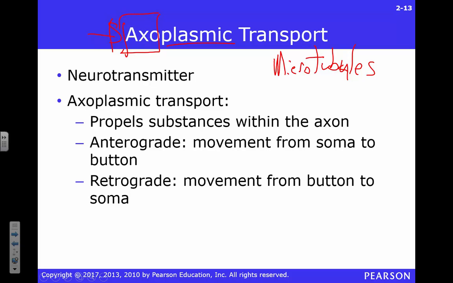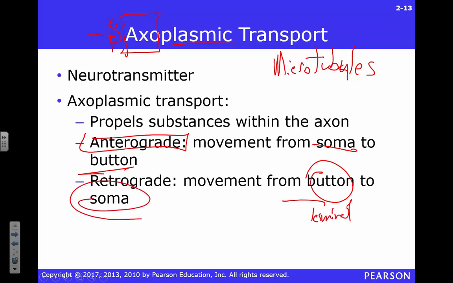We move things in two directions. There's anterograde, that's soma to terminal. Antero means forward, right? So we're going front, anterior. So we're going forward. Retrograde means moving in reverse. We're going to go from the terminal to the soma for recycling. That's simple. There is a very complicated and fun process I'm not going to worry you too much with, right? I know. You can read it on your own time and get really excited about that. But I don't think for this class that's going to be that thrilling for you.